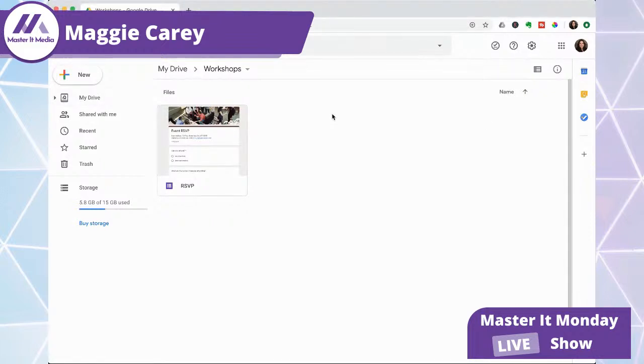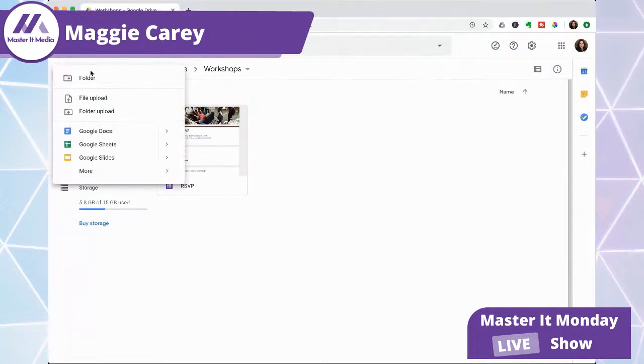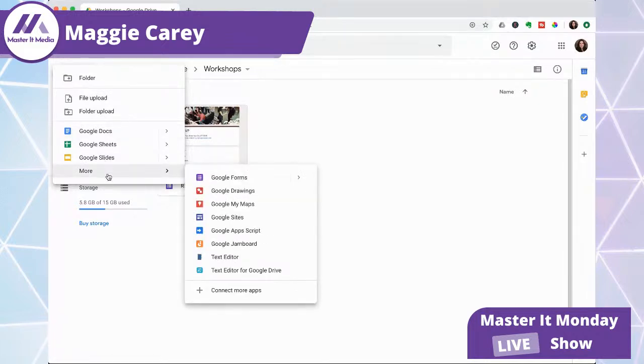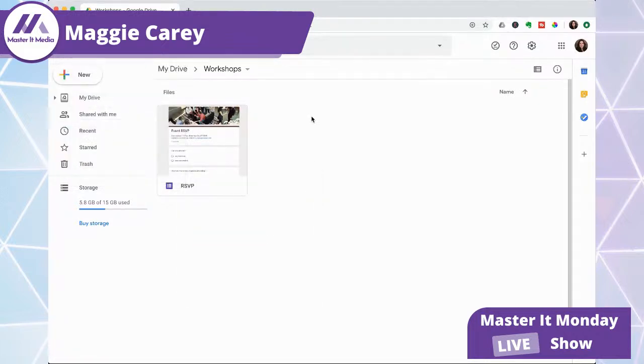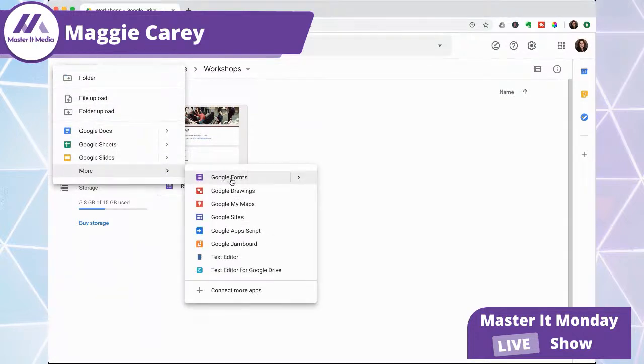So here is Google. I'm in my Google Drive, and I got there by just clicking this lovely little tic-tac-toe board in the corner. If you click on that and go into Drive, that'll bring you into your Google Drive. And with Google Drive, you can do a number of different things. Today, we're focusing, as I mentioned, on Sheets. So, I'm sorry, not on Sheets, Google Forms. So if I click on the plus new, and I scroll down to more, you're going to see Google Forms